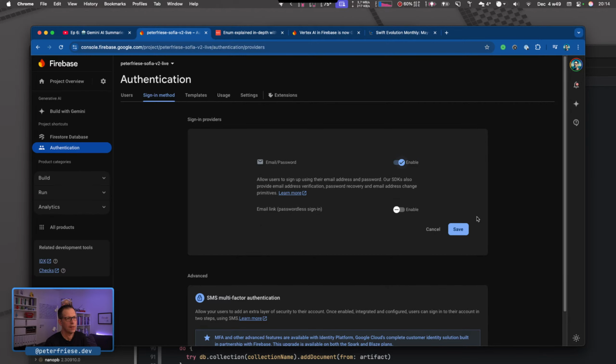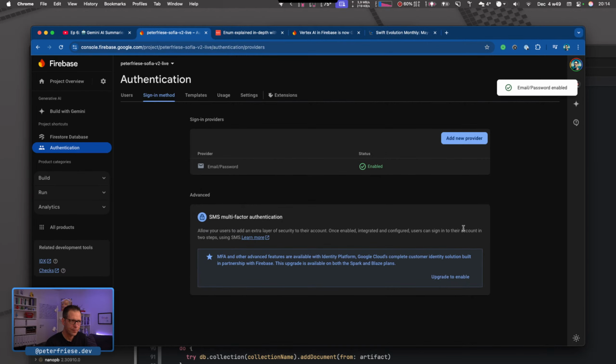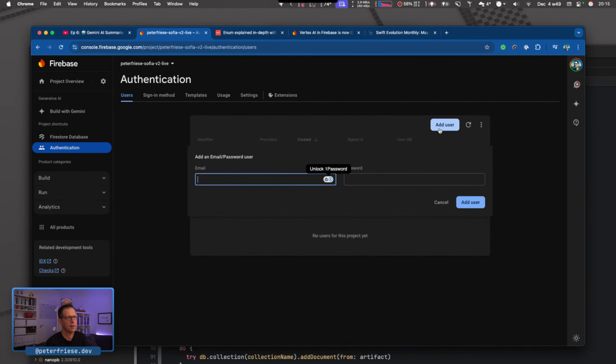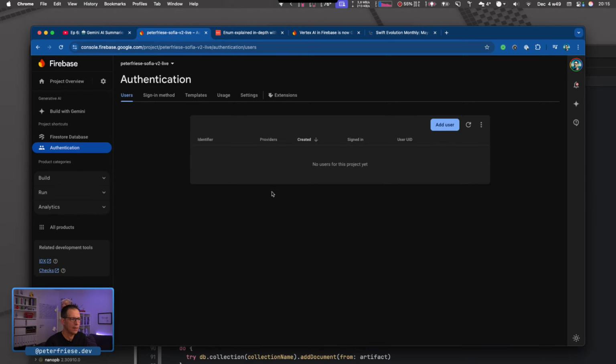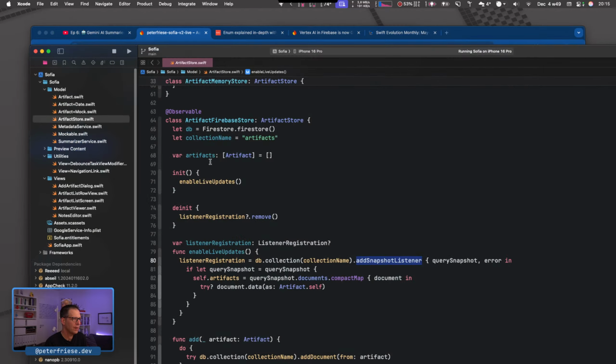So I'll just enable that, click Save. And that's really it. I can now go in and add a user manually, for example test@test.com, and then define a password here. I could add users manually, but actually we're going to do that in our application. Okay, so that's everything we need to do in the Firebase console for now.